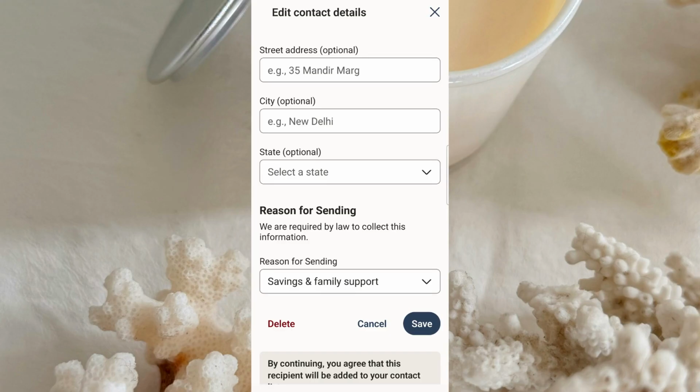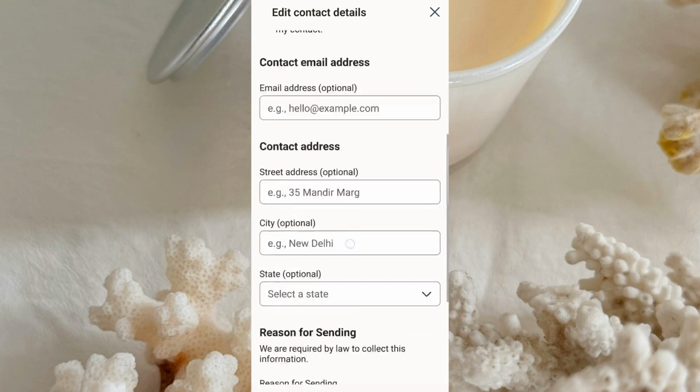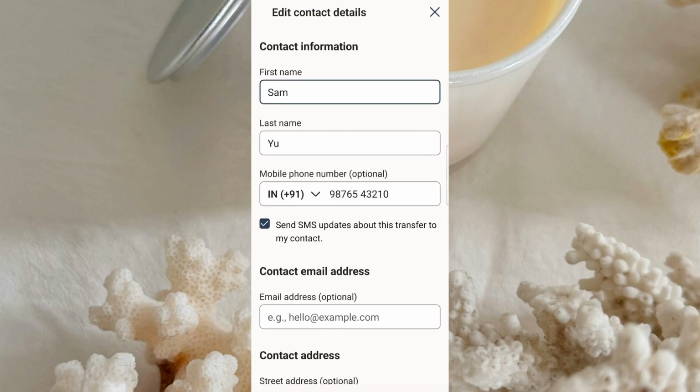problems with a transfer. If you're only checking the number, you don't need to make any changes. Just review the information and then exit once you're done. If you do notice that something looks incorrect, be cautious and confirm the correct details directly with the recipient before updating anything. And that's it.